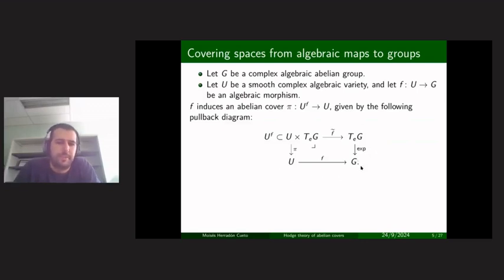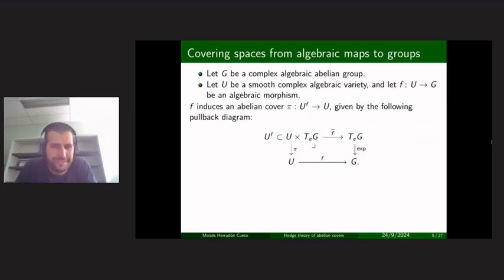If you have these two maps, you can construct a pullback, and you get this space U to the F, which, as the pullback, lives inside a product: the points in the product such that f of x is the exponential of z. This shows that it's a complex manifold, and also, since you pull back a cover, pi, this new map you get here, pi, is a cover. So you get a cover with the same deck group, and those are the covers that I want to look at.